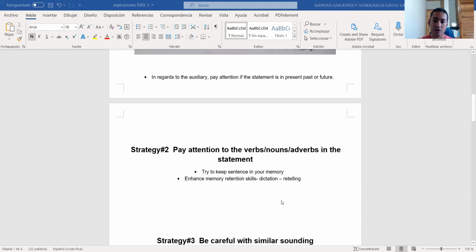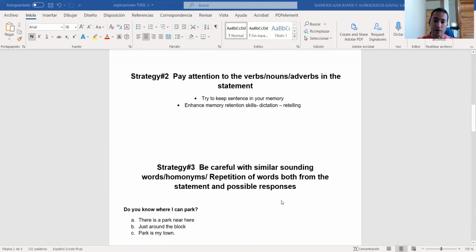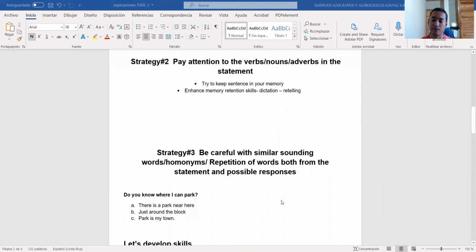So the strategy number 3, this is very common. I guess like 90% of the samples or the statements you will hear require the use of that strategy. So it says, be careful with similar sounding words or homonyms or the repetition of words, both from the statement and the possible responses. Remember, TOEIC's